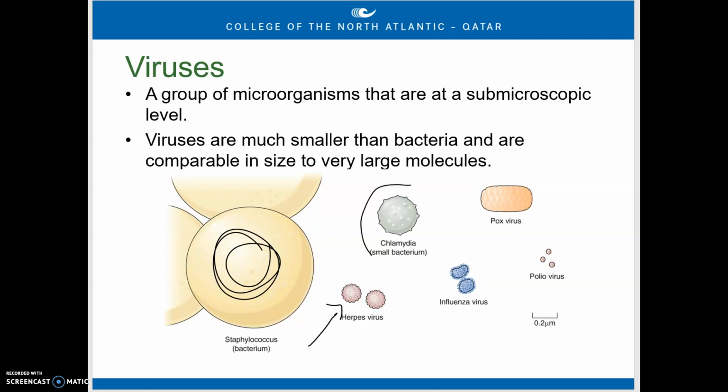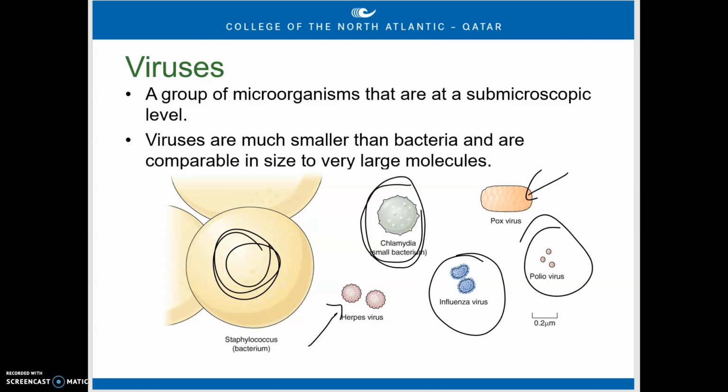This is a chlamydia bacteria, so it's another very small bacteria. This is a sexually transmitted disease. We've got an influenza virus right here, so this is very similar to what we've been dealing with in the news. Pox virus, and then finally the polio virus. And you can see these are less than a micron. We're talking about measuring viruses in nanometers, and nanometers, as hopefully you guys will all know, is measured in 10 to the minus 9 meters. So we're talking about incredibly small